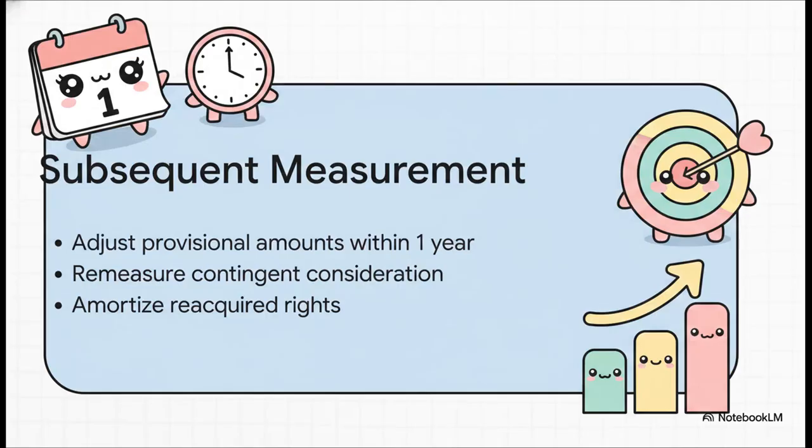During this period, adjustments can be made to goodwill, and things like contingent consideration, which you probably hear called earnouts, must be carefully tracked and remeasured as future targets are hit. An earnout is basically an agreement to pay the former owners more money if the acquired company hits certain earnings